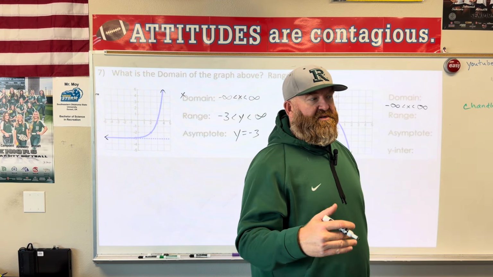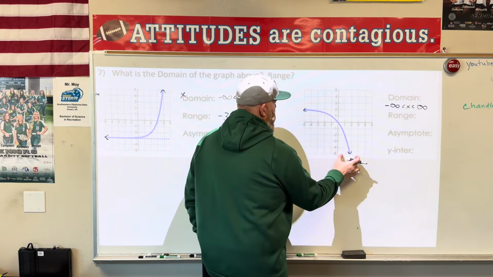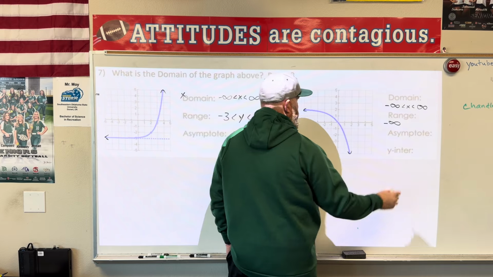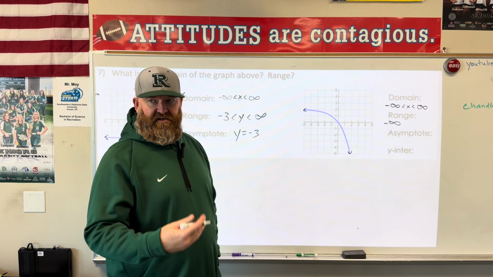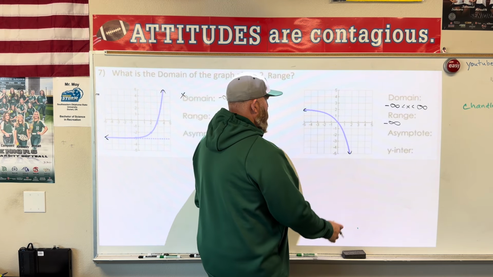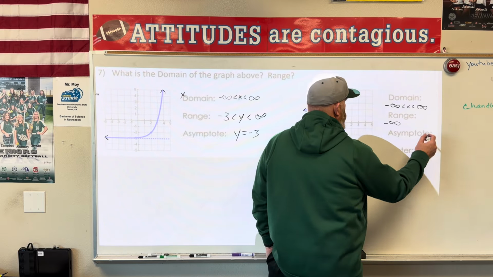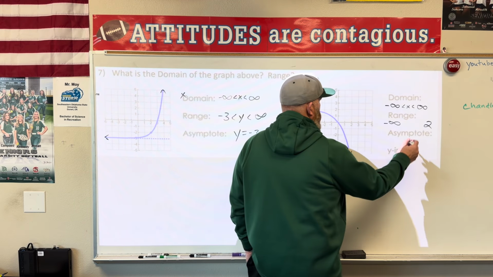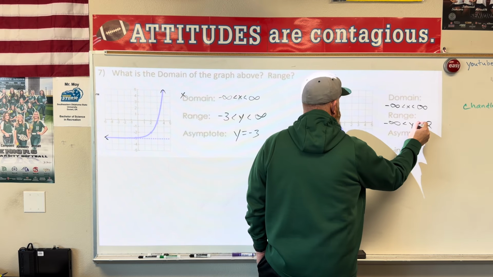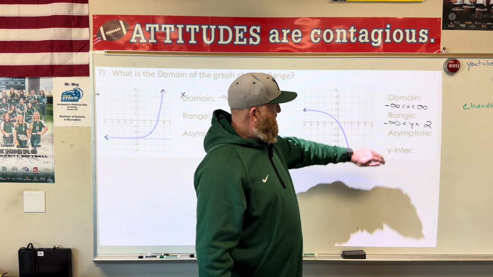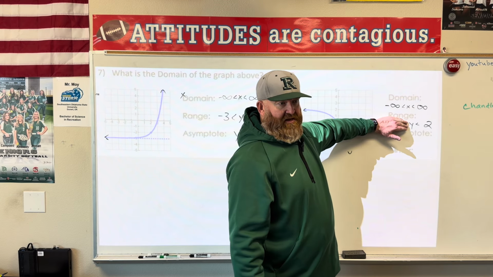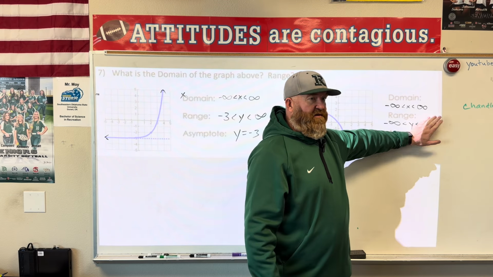Always put the lowest number. Is there a bottom? No. Negative infinite, because it goes down forever. It's down, which is negative. Is there a top? Yes. What is it? 2. What letter is range? Y. And it is less than 2 because it never fully gets to 2. Less than. Okay, but it's also greater than negative infinite.